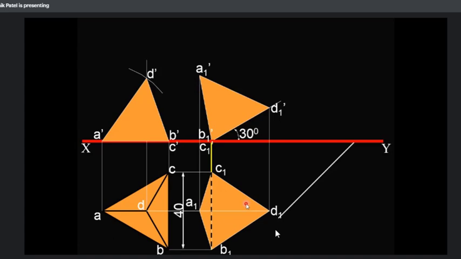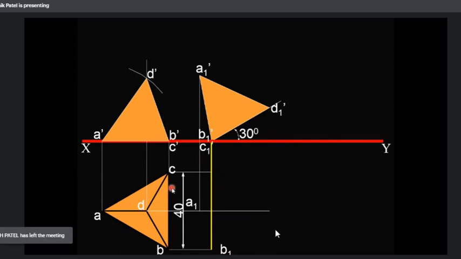So the rule you have to follow is that outer points must be connected with a solid line. Second, whenever you create hidden lines, at that time you observe the object and see which is the far away point. So B1 C1 dash is far away, so we will represent it as a hidden line. Clear? Now next, step number 5.